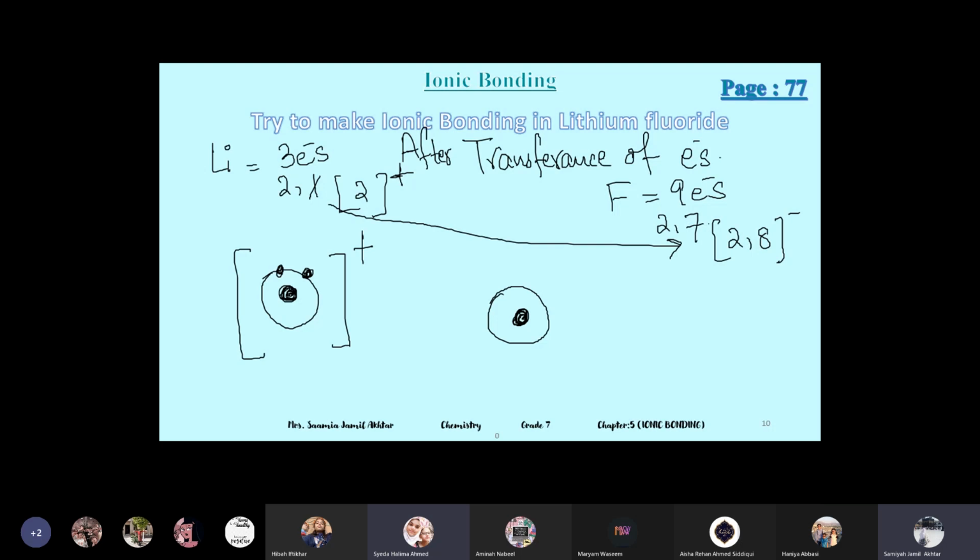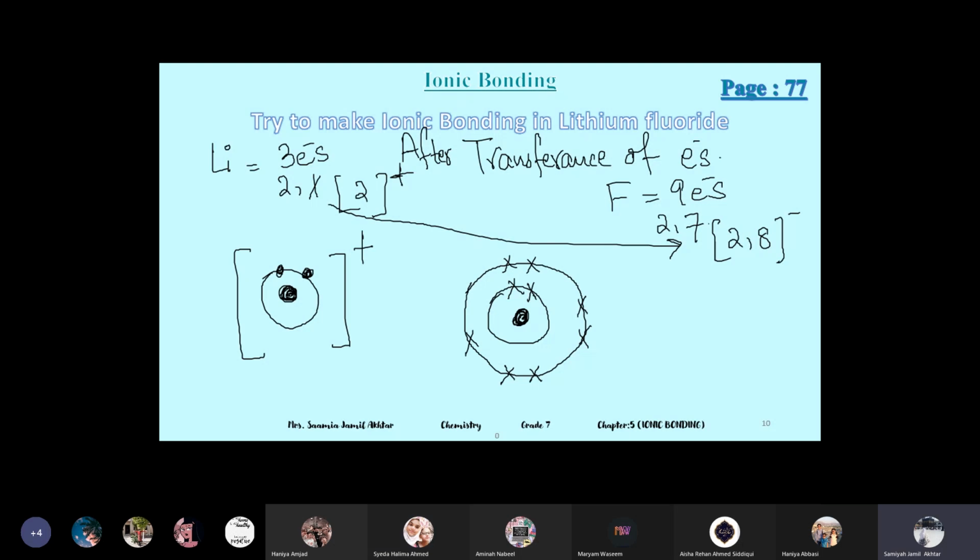Teacher, the dot and cross thing and this diagram are basically the same, right? Yeah, it's the same. The only difference is that you have to show which electrons are transferred and how many. So we just have to make the cross on the electron that is transferred? It's not compulsory. You just have to indicate the electrons of one atom with dots and the other atom's electrons with crosses, to differentiate the electrons of metals and non-metals.